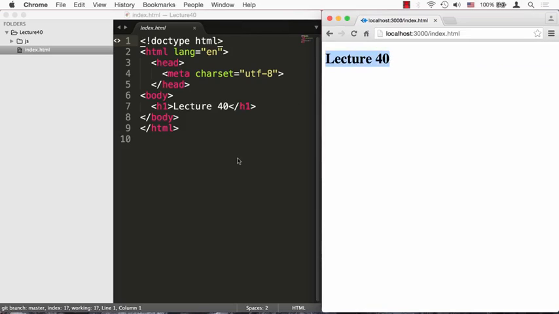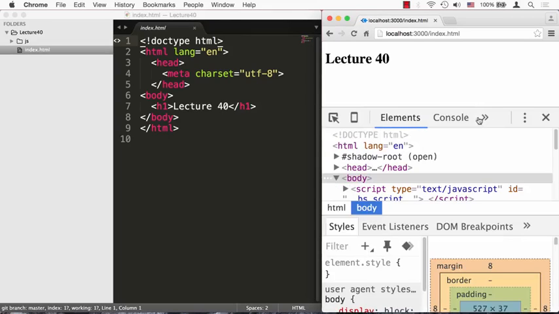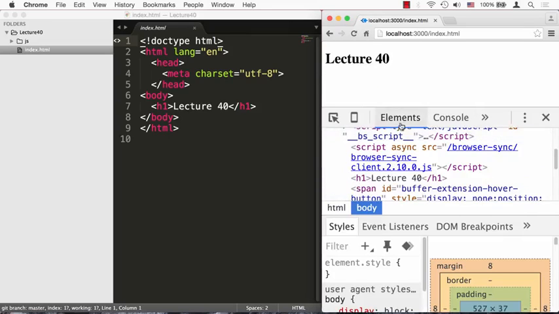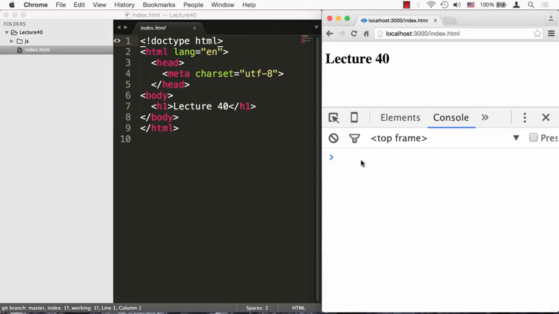Okay, so what we're actually interested in is not so much the page anymore, but the JavaScript that is going to run. And Chrome Developer Tools, which is part of the Chrome browser, is a great tool to have and to actually use. So we're going to do Command-Alt-I, and on Windows I believe it will be Control-Alt-I, and open Chrome Developer Tools. This is basically where we've been living for the last so many lectures, in the Elements tab. What we're going to be living in from now on, at least for a little while, is the Console tab. So when we click the Console tab, this is where the JavaScript messages are going to show